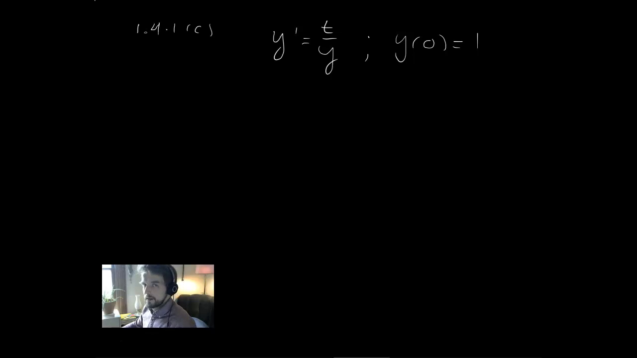So we had y prime is equal to t divided by y, with the initial value of y of 0 is equal to 1. What you'll notice is I could write the right-hand side of the equation in terms of a function of t multiplied by a function of y. So that is what we call a separable equation. So using our skills, we can rewrite this equation as